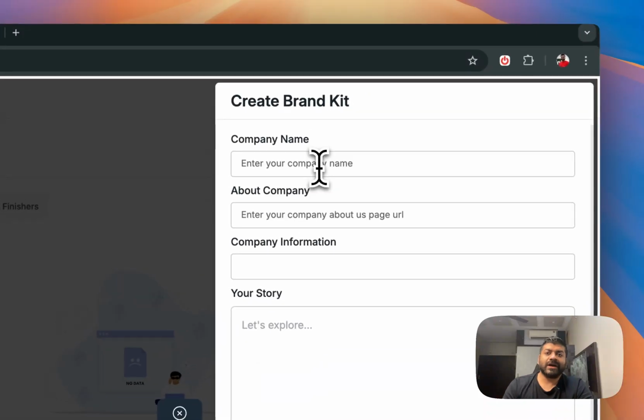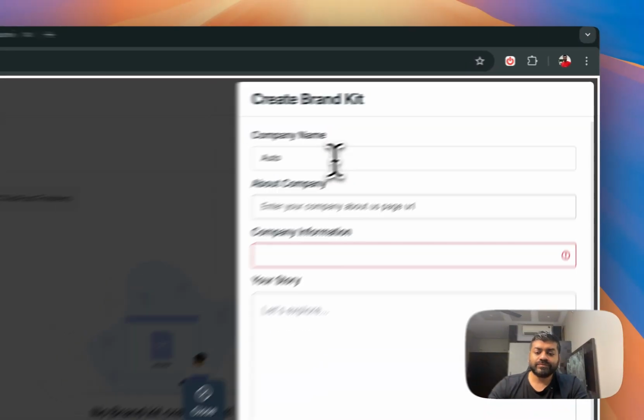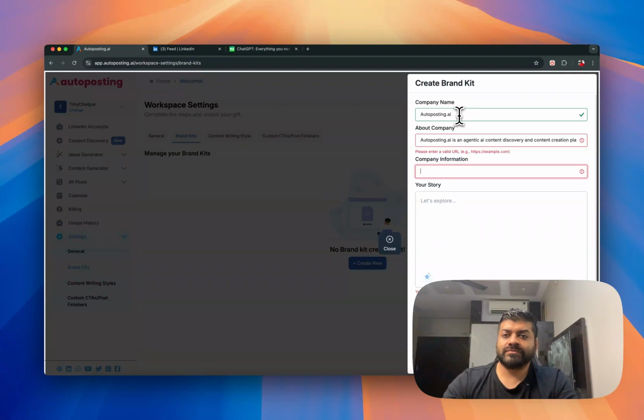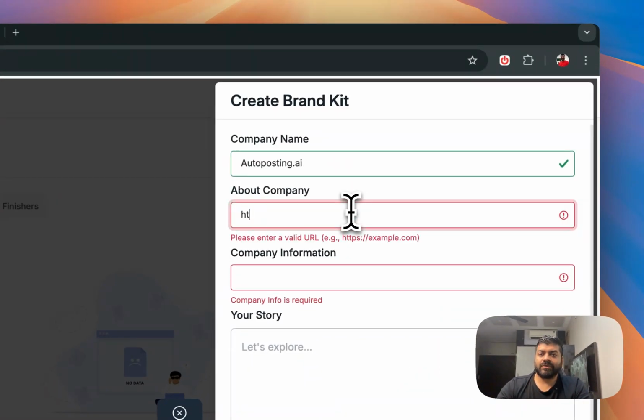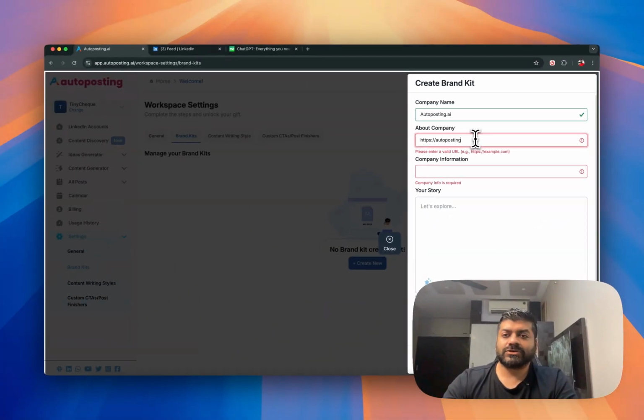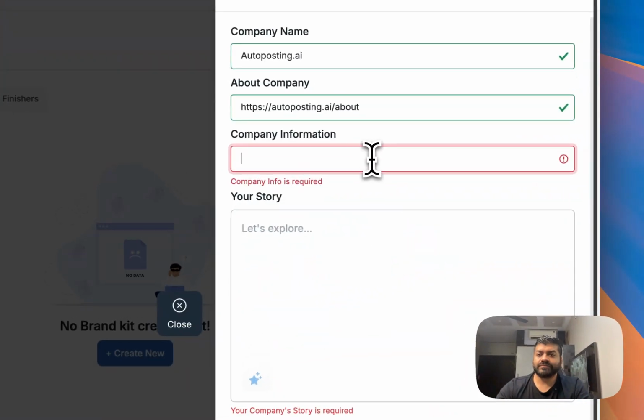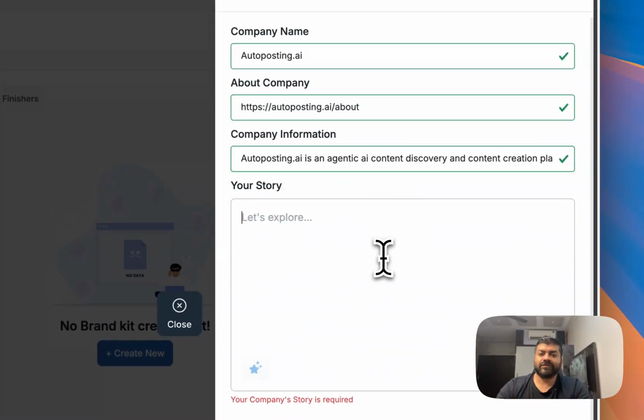Right, so for example, if I create a brand over here and write Autoposting.ai, Autoposting.ai is an agentic AI content discovery and content creation platform. Or I'll probably just add Autoposting.ai slash about, and platform,